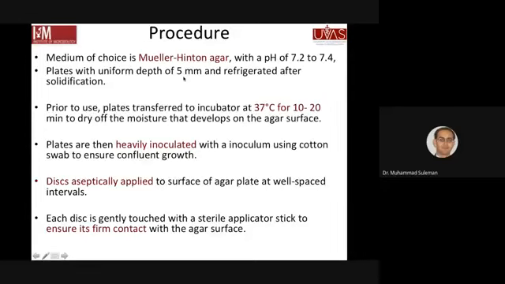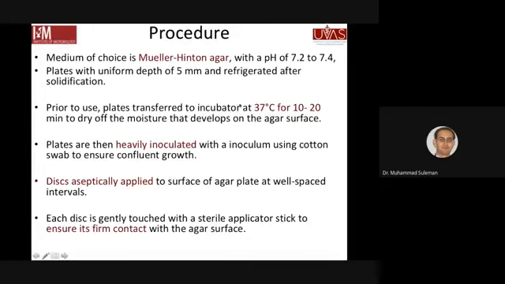इस पे बड़ी it's not a very thick plate, it's a 5 millimeter depth plate of the agar, and they are refrigerated. उनको आप फ्रिज में रख सकते हैं +4 पे. और इन बड़ी लैबों में ये बना के you can make the plates for a week even. आप उनको रख लेते हैं, and then whenever you want to use them,